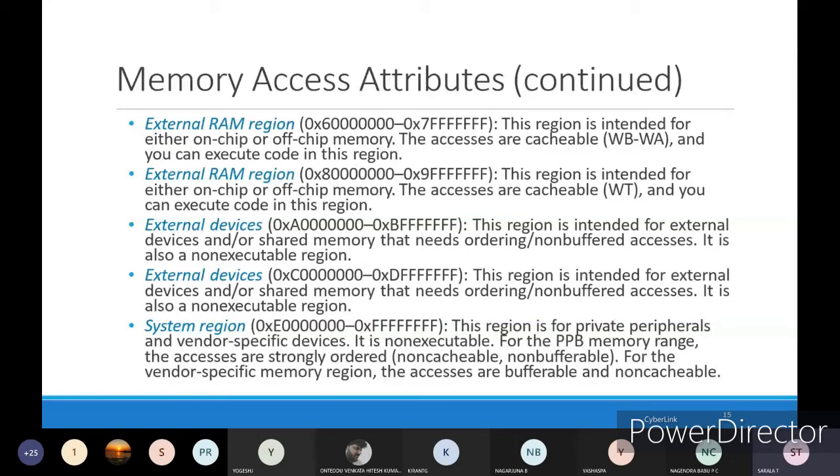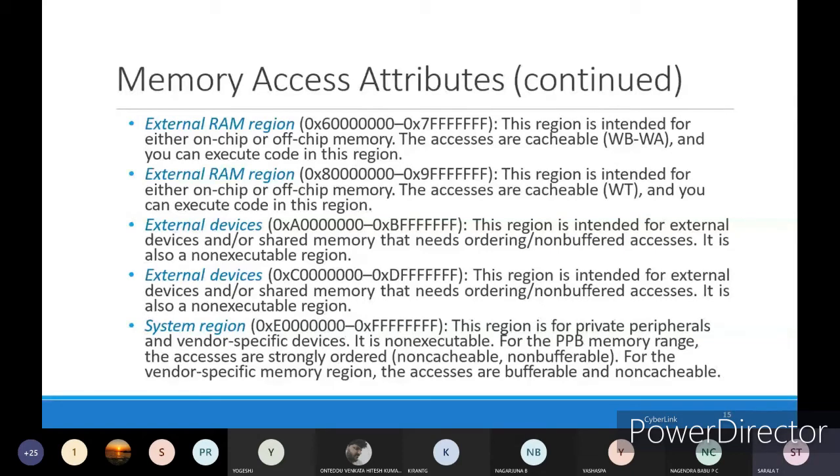And next we have the external device region, that is A0000 to BFFF. This region is intended for external devices and/or shared memory that needs ordering, non-buffered access. It is also a non-executable region.